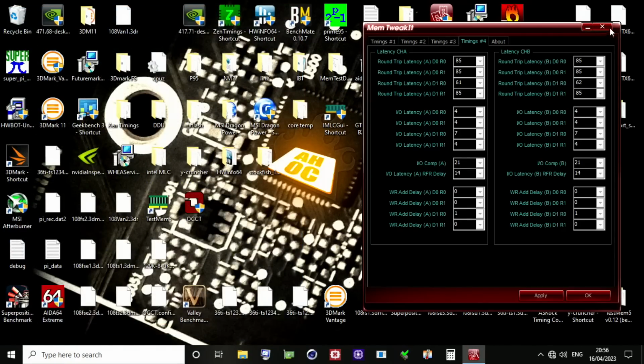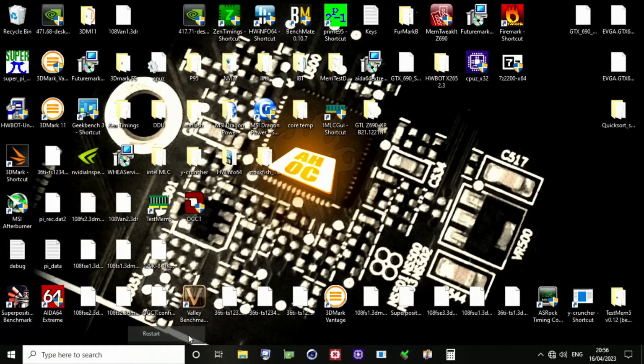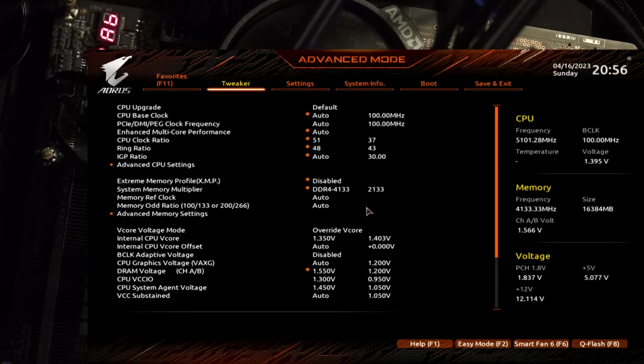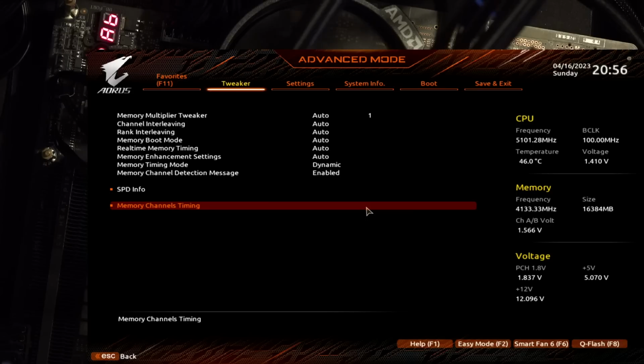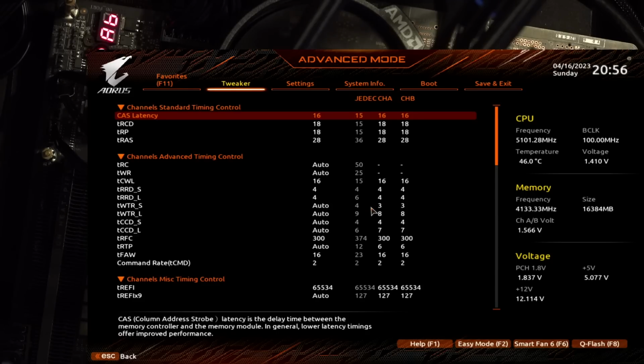The last thing I want to show you is what happens if you try to set your RTL latencies too low. And it's also worth noting that these do affect your memory stability. So if you have an overclock that's stable with auto RTLs of like 68, 70, 14, 14, well, 68, 69, 14, 14, or 68, 70, 14, 15, which is what this board trains on auto for these memory settings, and you go from something like that to 77, 61, 62, which is what we have right now,